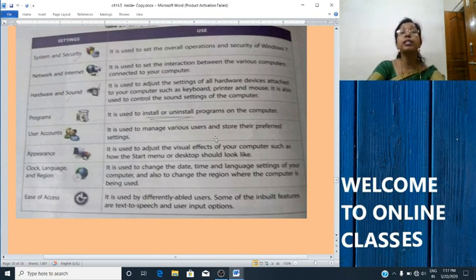Then you have the appearance. It is used to adjust the visual effects of a computer, such as how the start menu and desktop appear. Visual effects, personalize. Then clock, language or region. This is to set the time, date and the language. Finally, we have the last, 8th category, ease of access. The ease of access category is used to adjust your computer's settings for vision, hearing and mobility, as well as configure speech recognition to control your computer with